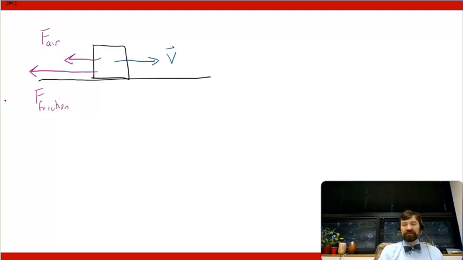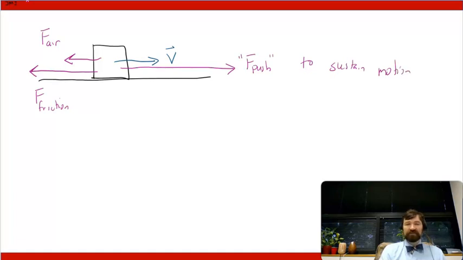to have zero acceleration. If these two forces aren't overcome, then I don't have a net force of zero, and therefore this object does not have to have a constant velocity. In fact, we would expect it to slow down. We'll talk more about that in Newton's second law. The point being that we would need an additional force in this direction, which we would call F push or F sustain or something like that, to sustain the motion.